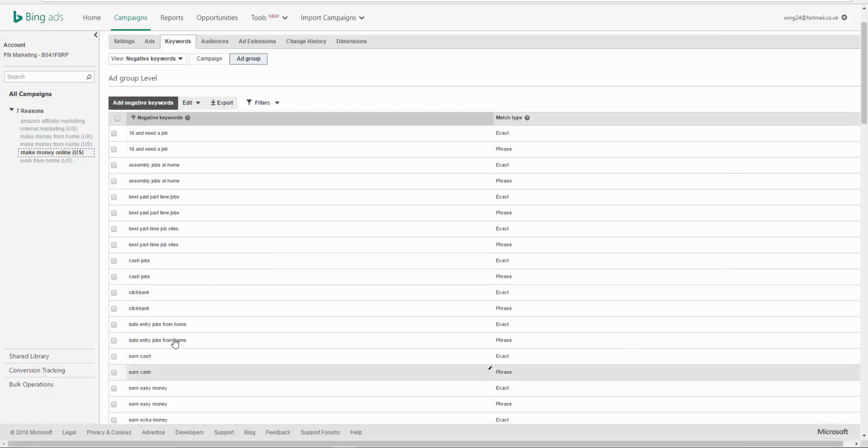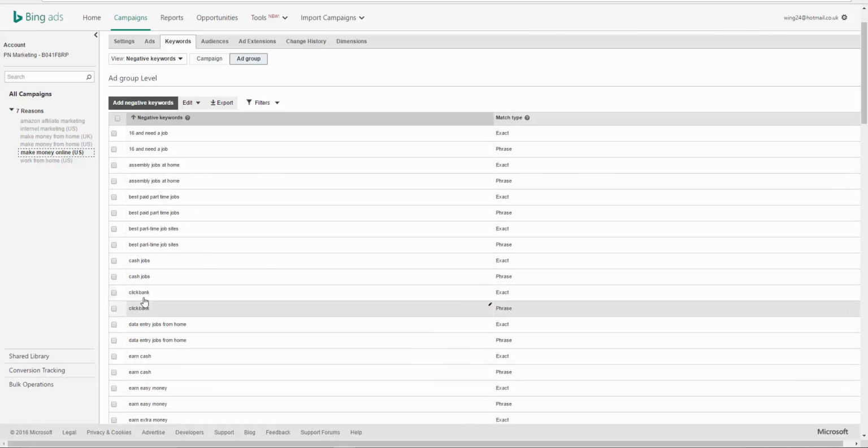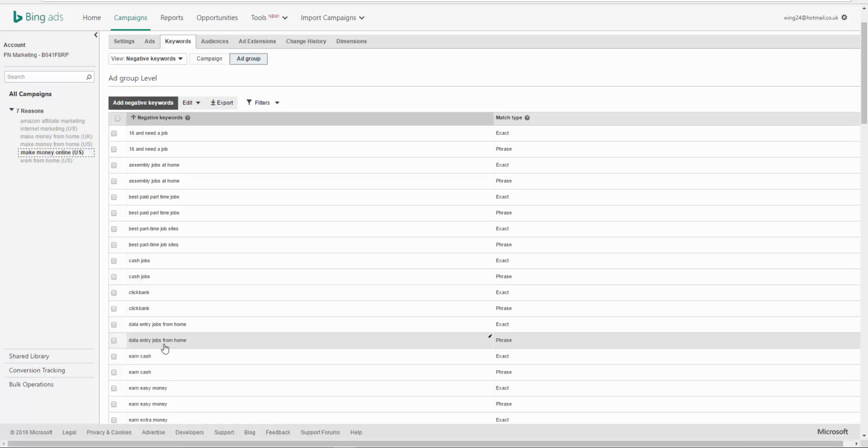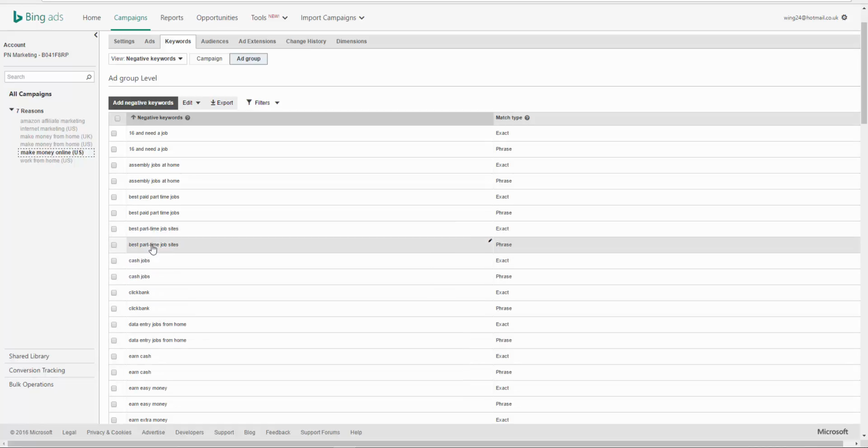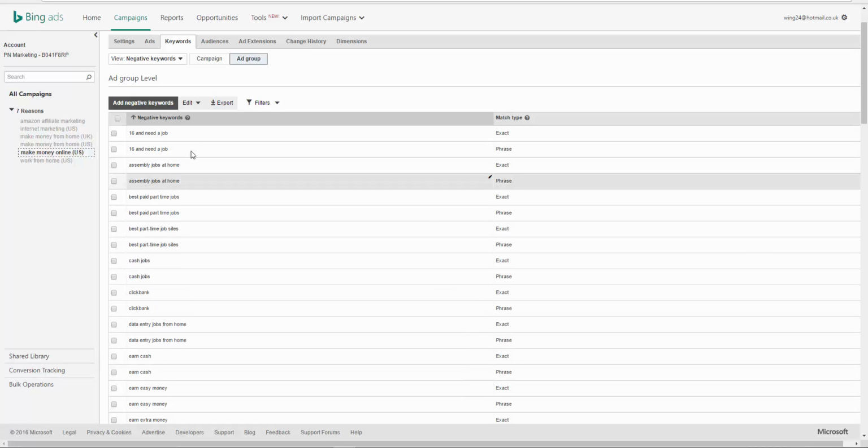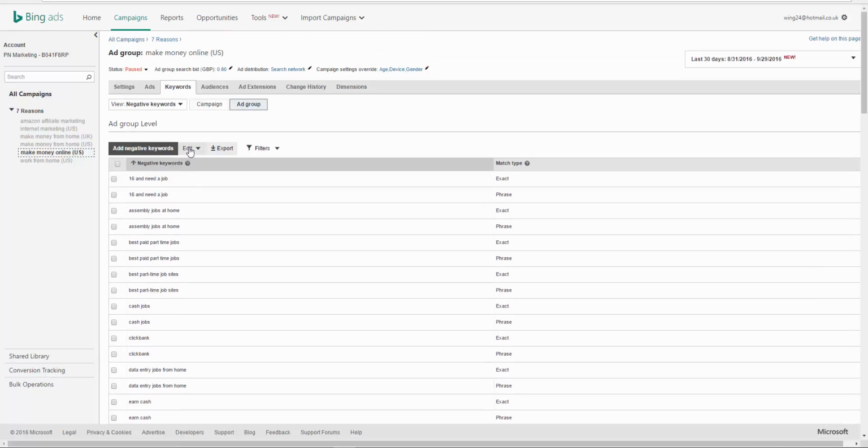So there's lots of different words here. Look, things like ClickBank, data entry jobs from home. I don't want things like that because they're far too vague. And this is what you do. And again, this is a good way you can improve your conversions and improve your clicks and get more